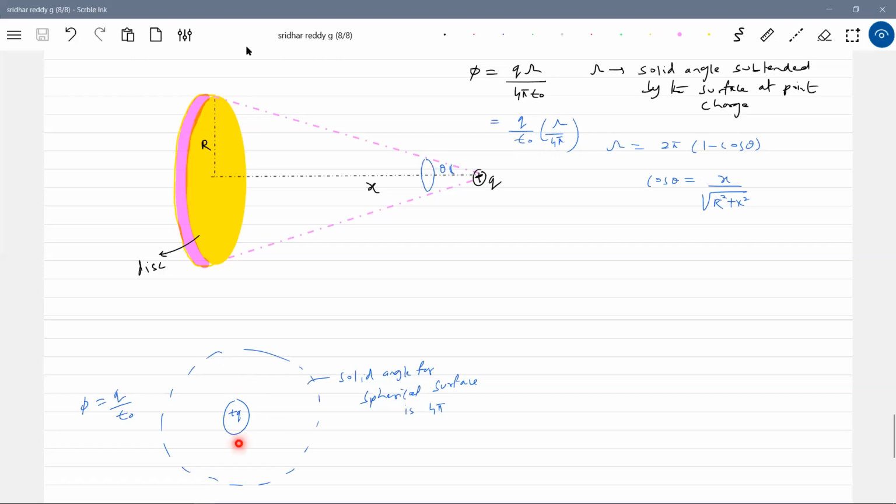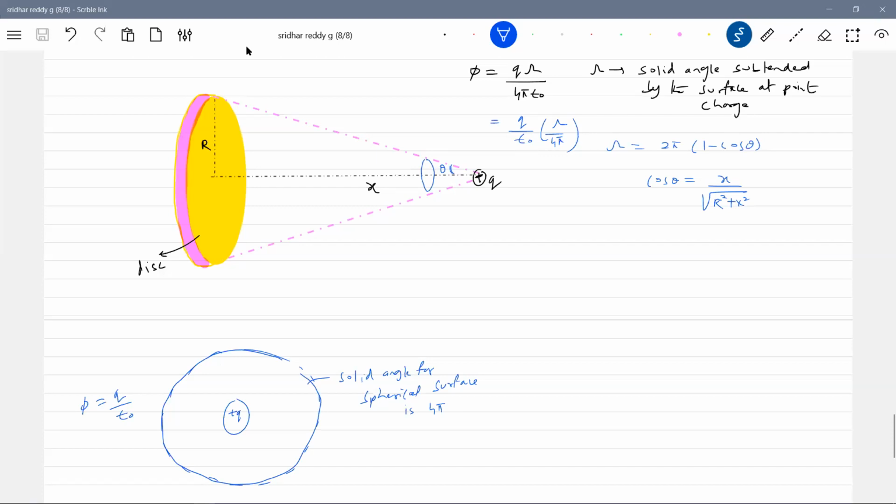Sir, what is solid angle? I'm unable to measure. That's what I'm saying, as we go for different surfaces, you'll get a picture. I'm just taking a circular disc and a solid sphere. So this is a solid sphere now, a spherical surface. The solid angle of it will be 4 pi. So what is the method, sir? What do you actually mean to say?